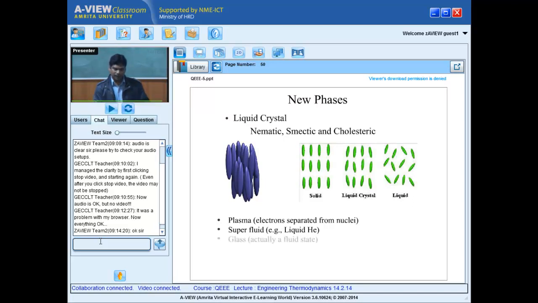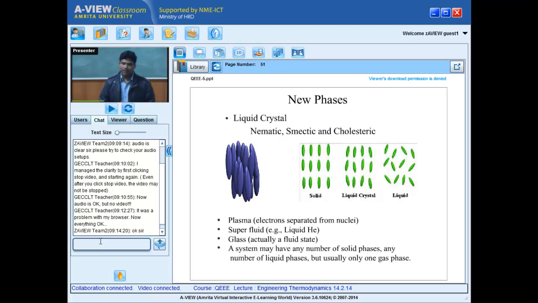So people should understand, and all of you know, that glass is another state, neither a liquid nor a fluid. So it is very important to understand that finally, a system can have n number of solid phases and n number of liquid phases. When it comes to the gas phase, they have to mix together. I cannot separate the gas phase so easily. This is another important thing to realize when we are developing the system.